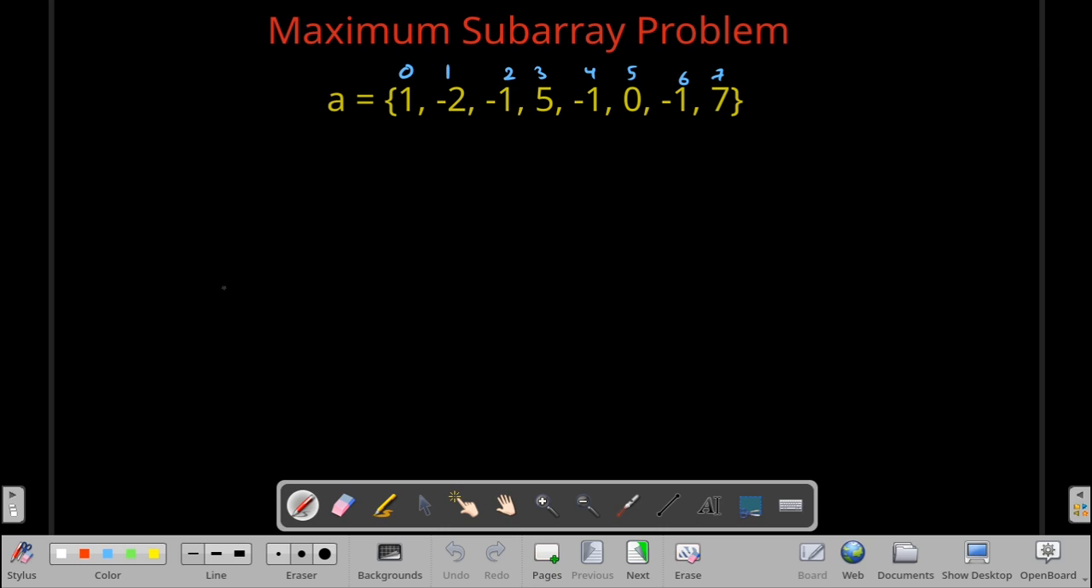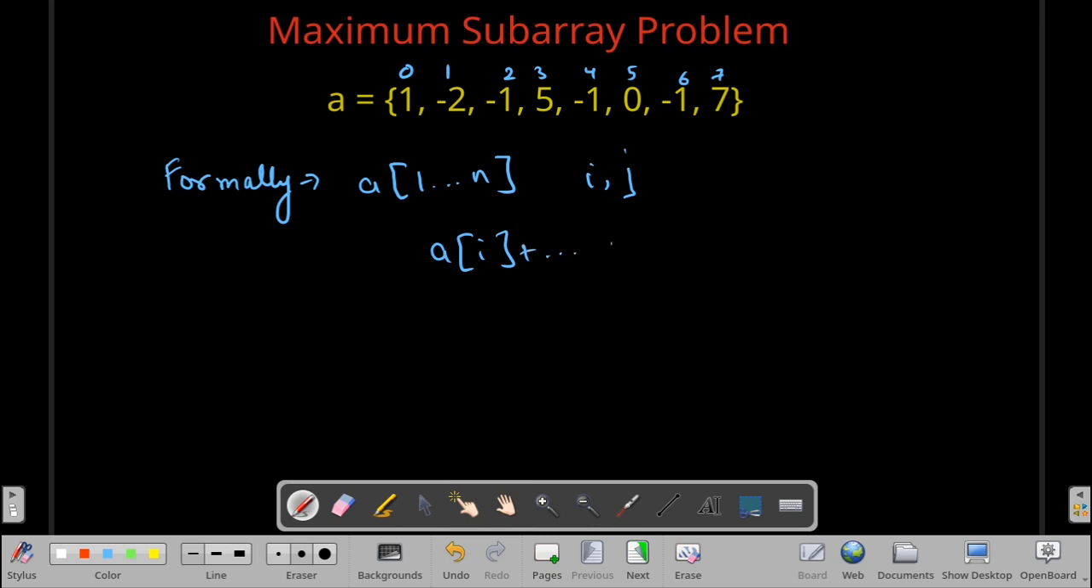This problem means that we have to find a contiguous subarray with the largest sum. What I meant by that is, let me define it formally first. Formally, we have an array a1 up till an, and what we have to find is i and j such that a_i plus up till a_j has the maximum sum